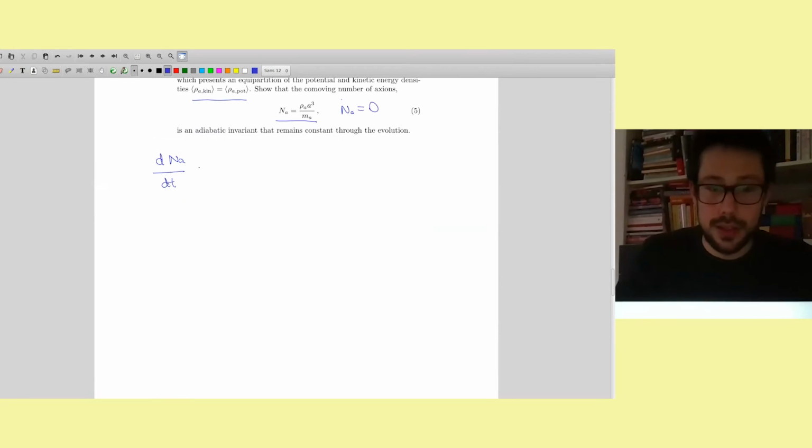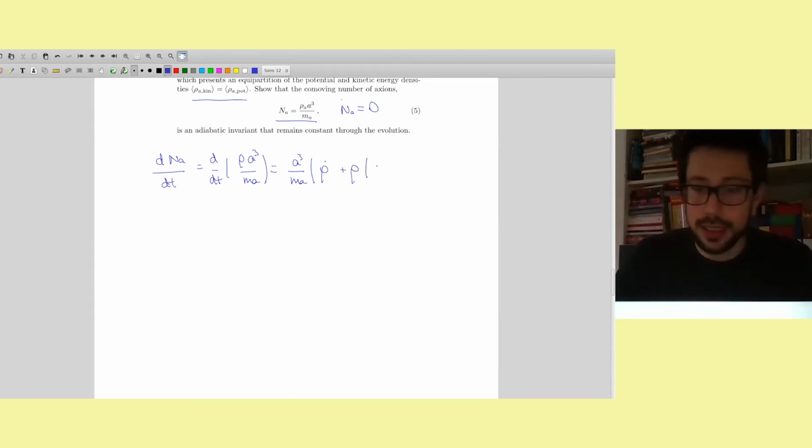And this is d/dt of rho a cubed over m_a, and this is nothing but a cubed over m_a